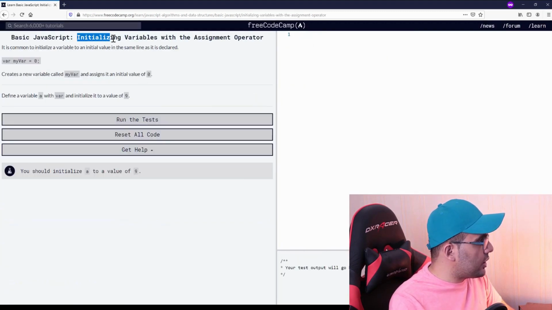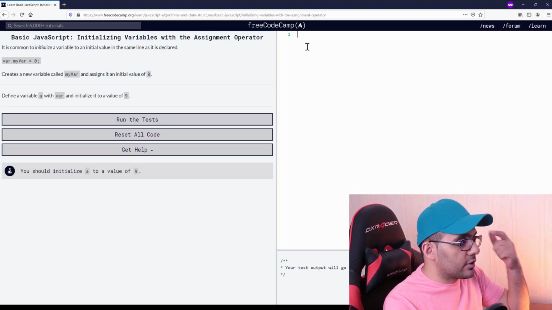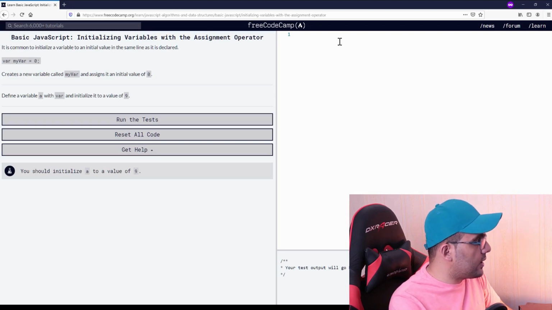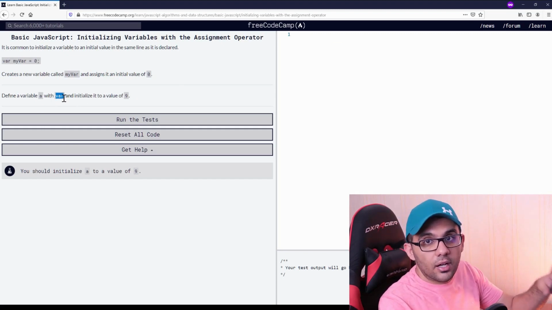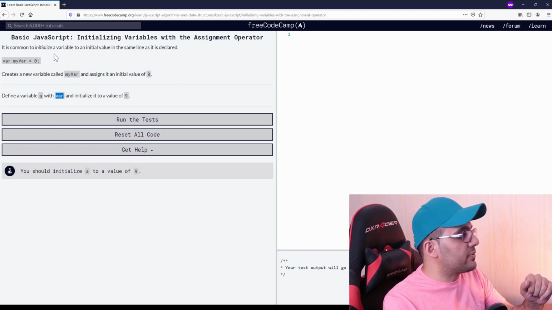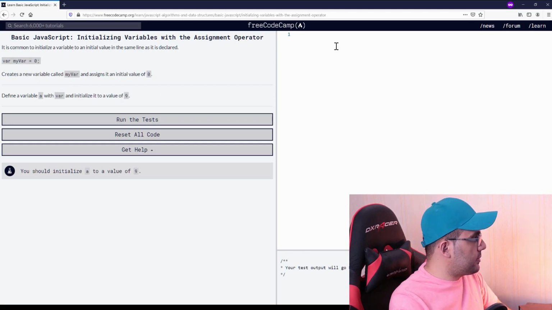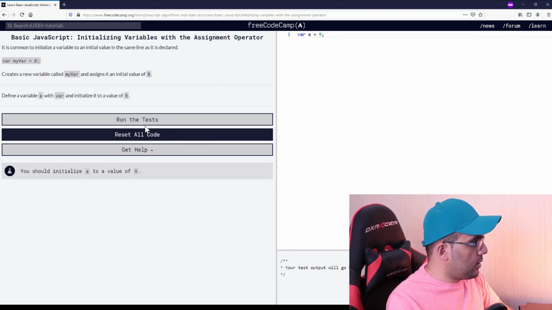Okay, it is about initializing variables with the assignment operator. It's the same as the previous challenge. Actually, FreeCodeCamp had done this for us, but here we need to do it ourselves. So we need to define a variable, name it a, and with the var keyword we should define it, because we also have let, const, and other kinds of keywords to create new variables. But here we just want to use the var keyword, and we should initialize it with the value of 9. So let me do it. var a is equal to 9. Yeah,